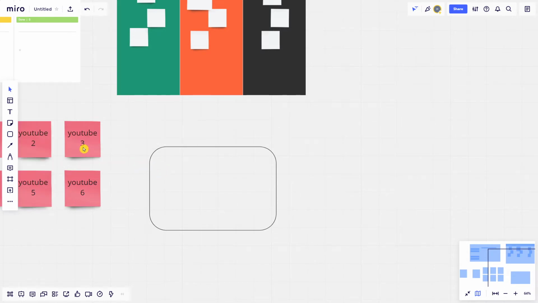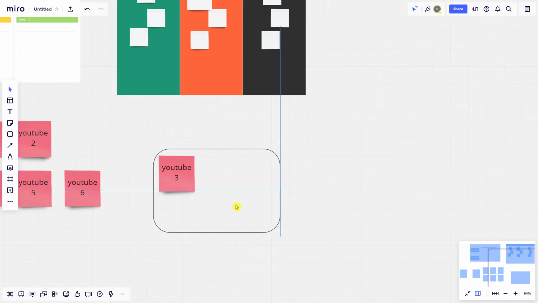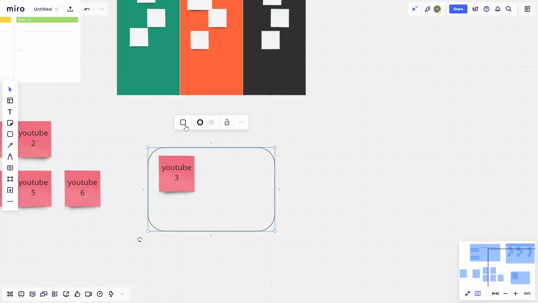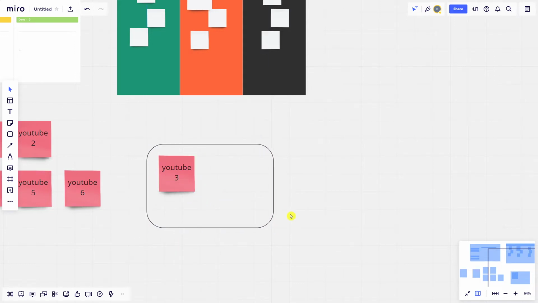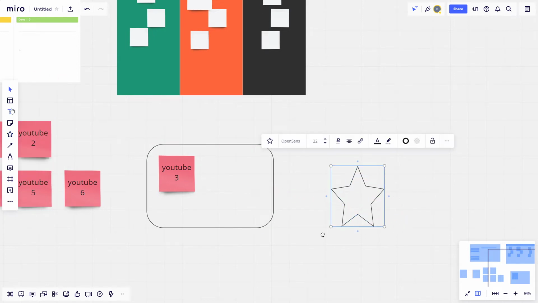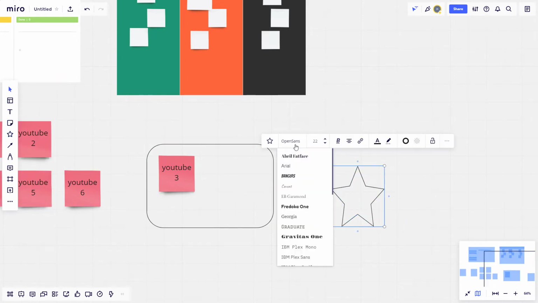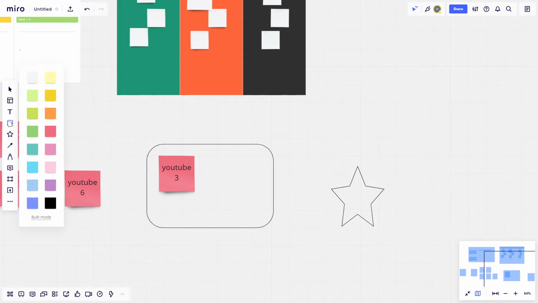Oh, wait a second, I will just delete this. So what you can do is to change this to whatever shape you want. And then we can add this shape to a frame. So shapes really help you if you want to, let's say that you would have a star or something like that, right? Star here, and then I can add a text here,